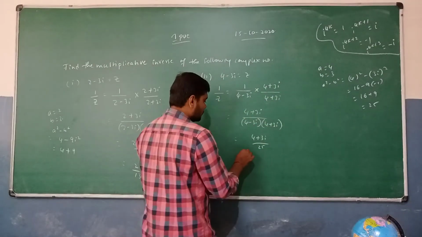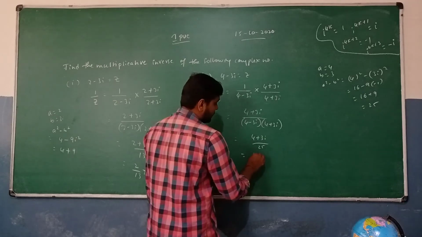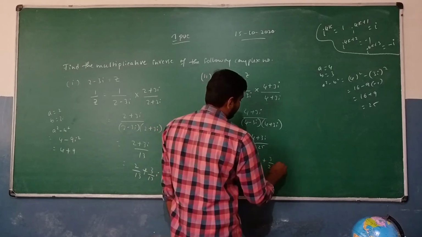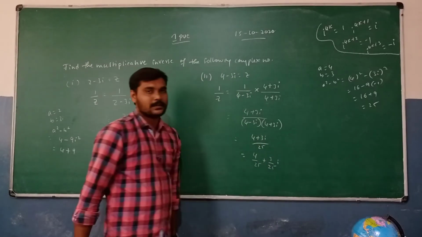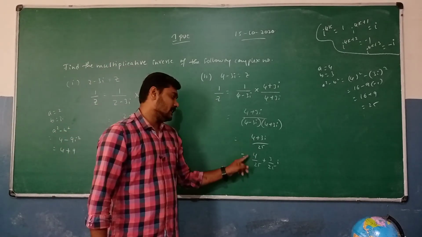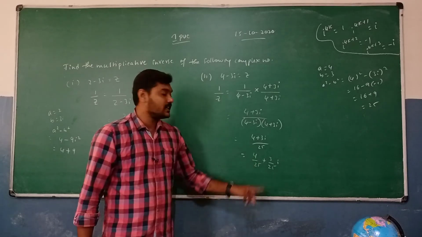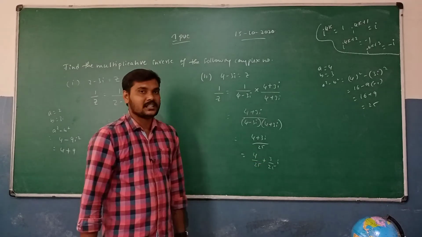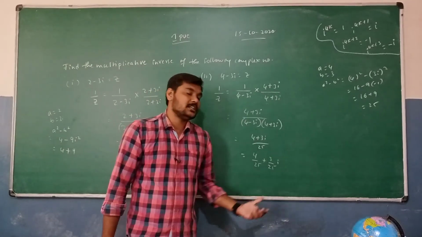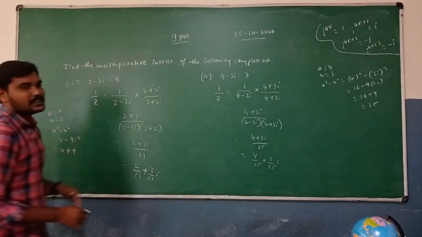So we need to mention these things in the standard form of a complex number. That's going to be 4 divided by 25 plus 3 divided by 25 i. In this standard form we can express it. Standard form means a, that's 4 divided by 25, plus b, that's 3 divided by 25. So the real part is 4 divided by 25 and the imaginary part is 3 divided by 25. Okay, so just pause the video to note it.